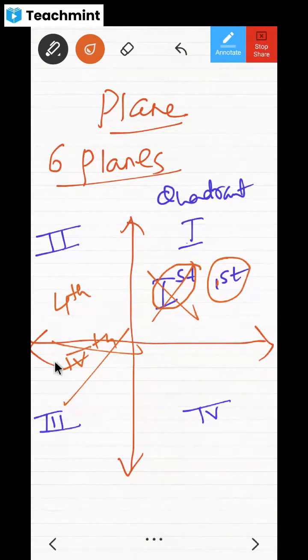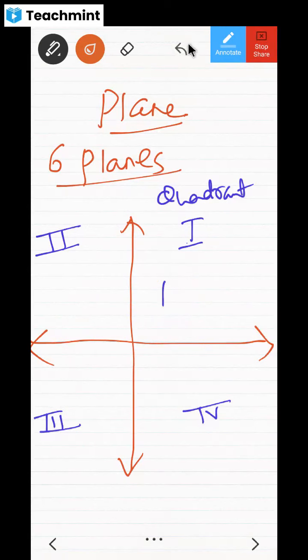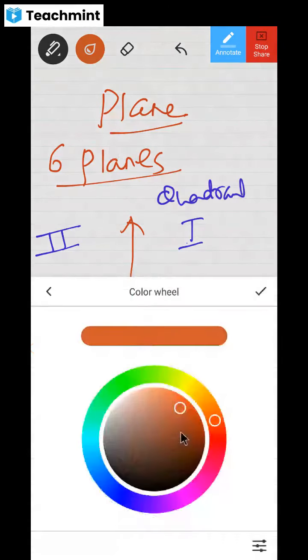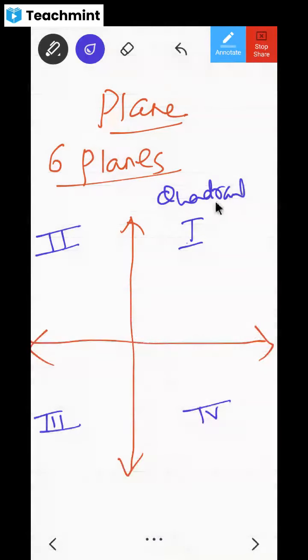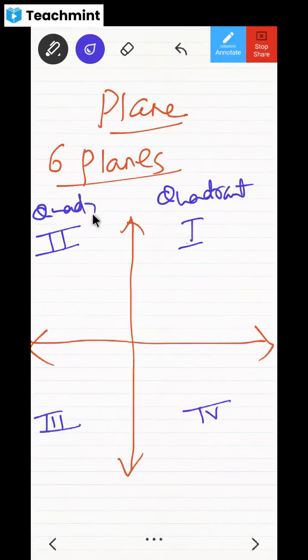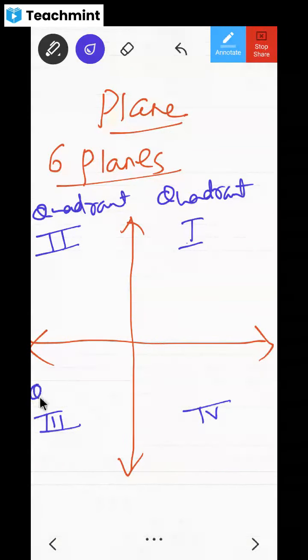Yes, sir. So that's why I'm going to call it quadrant 1. If I want to call it the first quadrant, then I'm going to use other words. So this is quadrant 1. I can call it the first quadrant. Clear? Clear or not, dear children? Just confirm by saying yes. You have to be responsive. Yes, sir. So this is quadrant 1, this one is known as quadrant 2, this one is known as quadrant 3, and this one is known as quadrant 4. Understood? Is this clear?